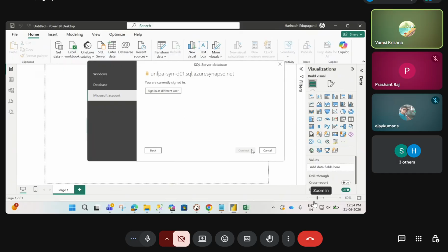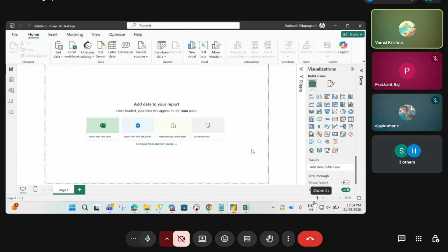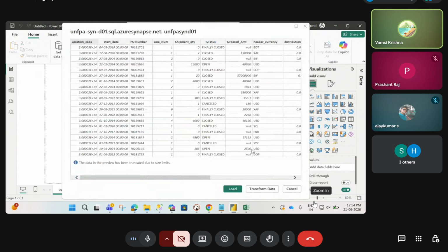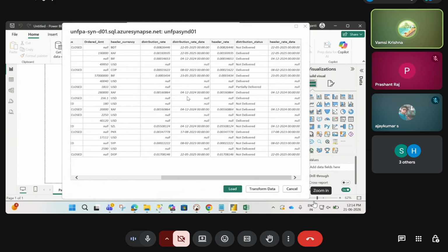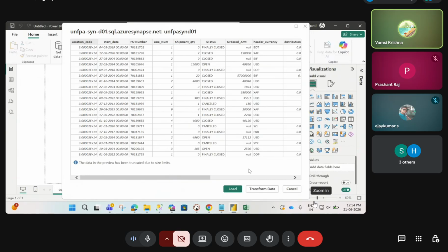Connect. Okay, so this is the data, it's coming, right? All the columns whatever we added, no, just load,